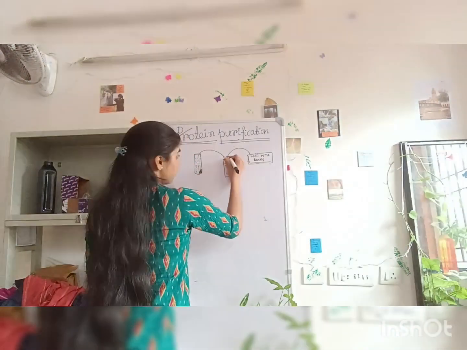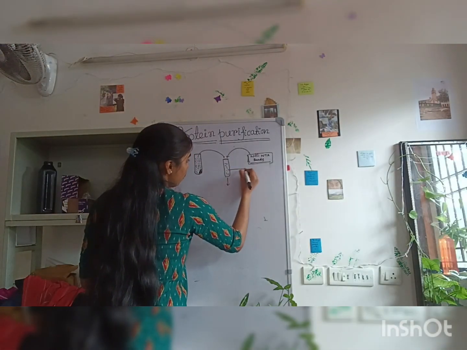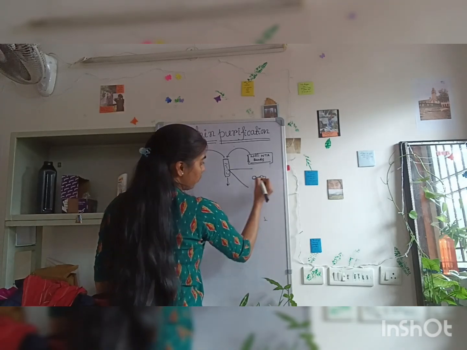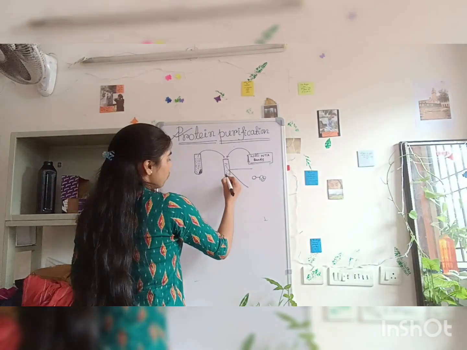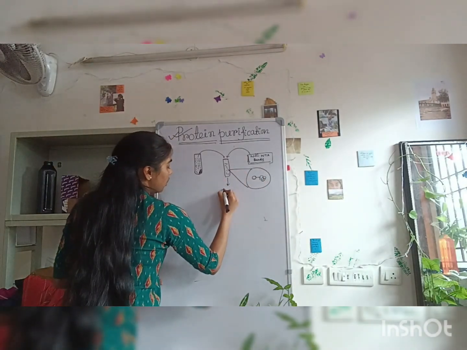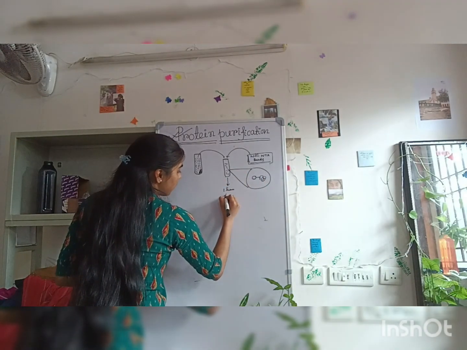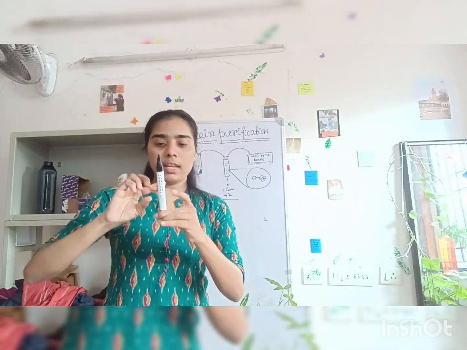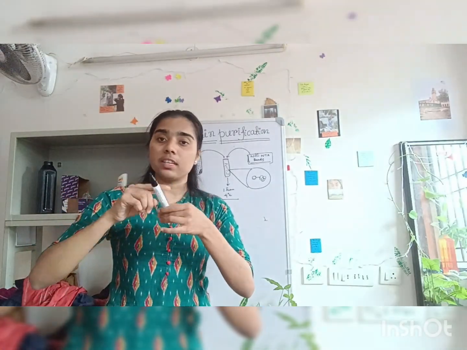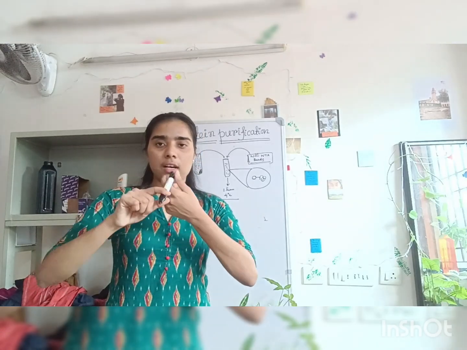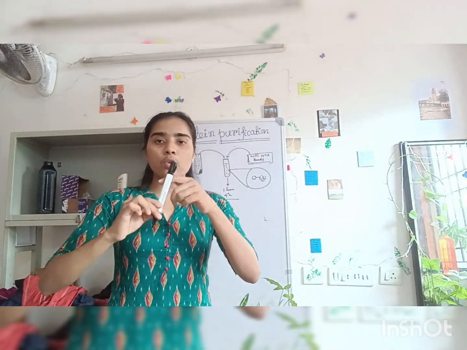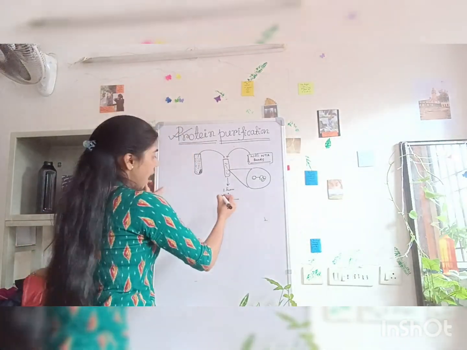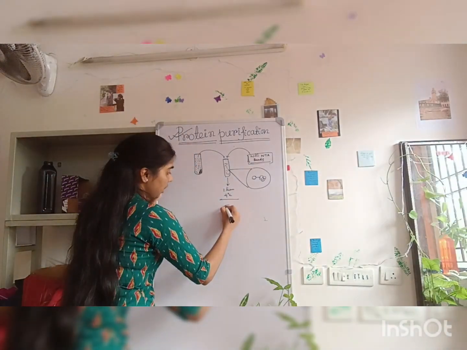Now we'll put these beads in as well. If we zoom in, this is your beads and this is your protein. It will look like this. We generally keep it for 1 hour at 4 degrees Celsius, in a rotating movement. The tube will rotate continuously so that the beads get properly spread out through the tube and the protein can bind with the beads. Now after 1 hour, what we generally do is use something called a column.